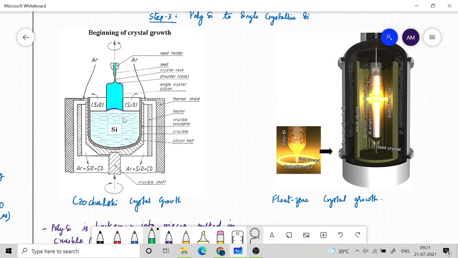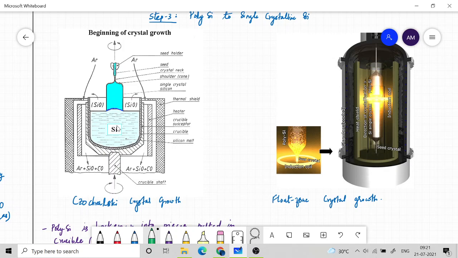Then now you can dope this crystalline together at the same time. Okay, so as you are making the single crystalline structure, at the same time you can introduce the dopant material into the silicon melt. Okay, if you want to dope it with phosphorus, you introduce some phosphorus atoms into this